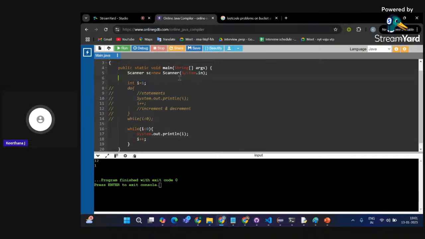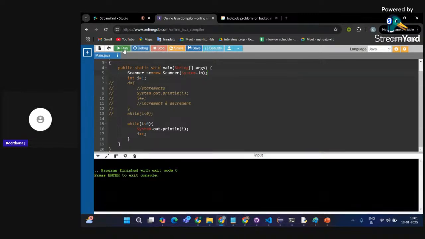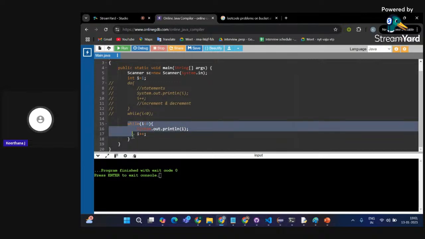No input is required because here my logic does not depend on input, right? I'm not even getting output when I'm using the while block, because the condition is checked, I is 1, 1 is not less than 0, so the loop terminates because it is yielding a fail condition.